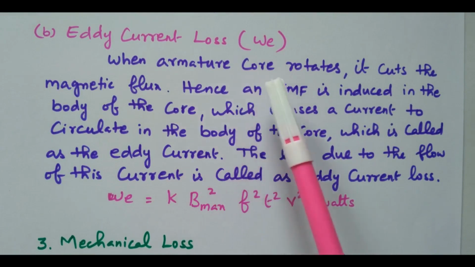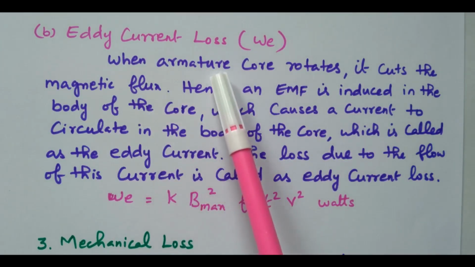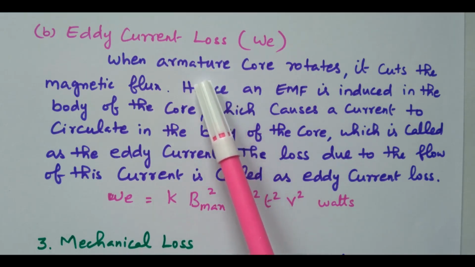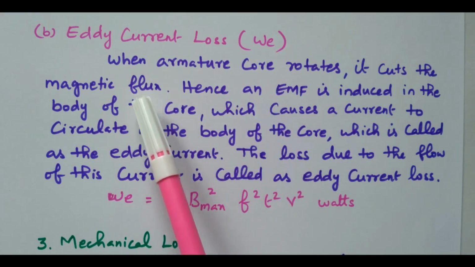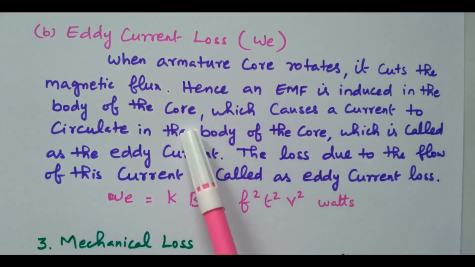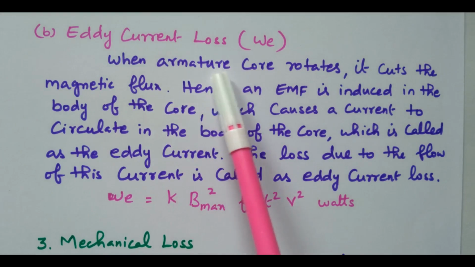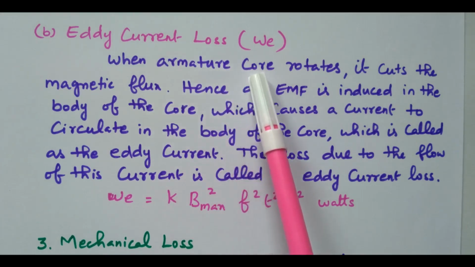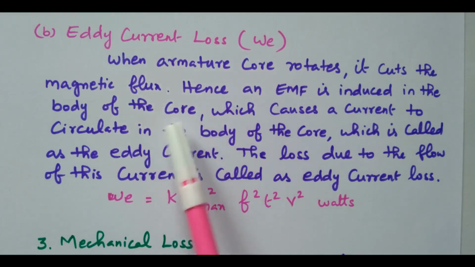When the armature core rotates, it cuts the magnetic flux. Actually, the armature winding should cut the magnetic flux, but the armature windings are placed in the core. So the core also cuts the magnetic flux, and due to that EMF is induced in the body of the core. Normally what we need is the EMF induced in the armature winding, but since the winding is placed in the armature core, the core also cuts the magnetic flux and EMF is also induced in the core, which